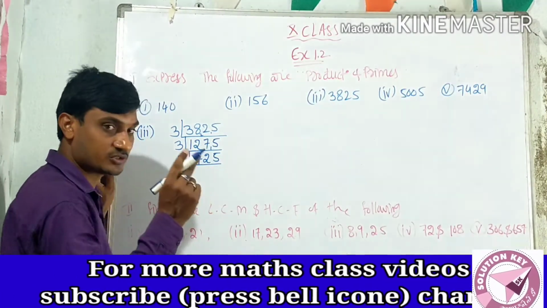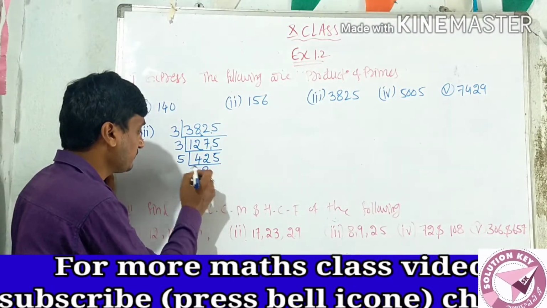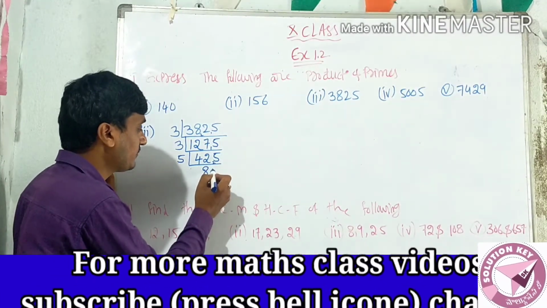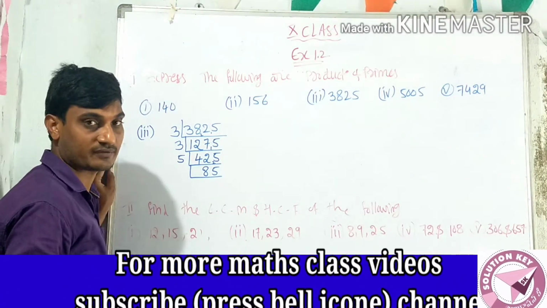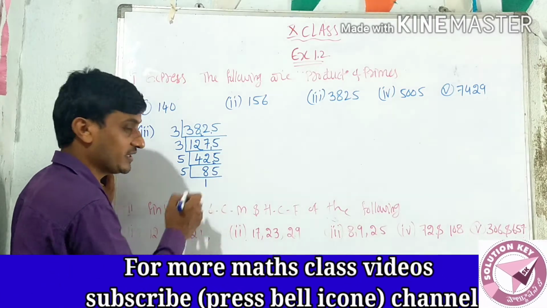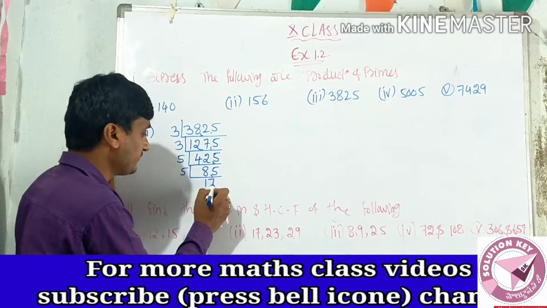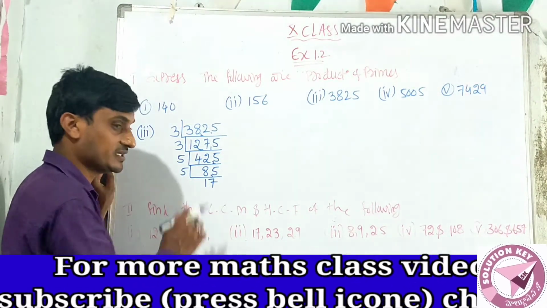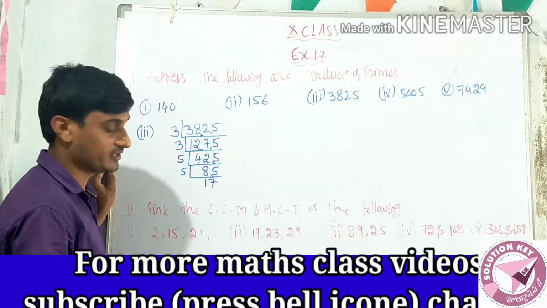Then I am taking 2 digits, 42. 8 5s are 40. 2 is the remainder, 25 is there. 5 5s are 25. Again I am getting 5 in the ones place, so again I am taking the 5 table. 5 1s are 5. 8 minus 5 is 3. It is 35, and 35 means 7. 5 7s are 35. 17. Already you know 17 is a prime number. Then stop here only.